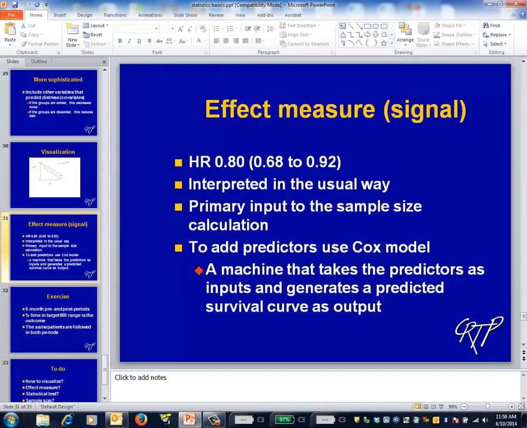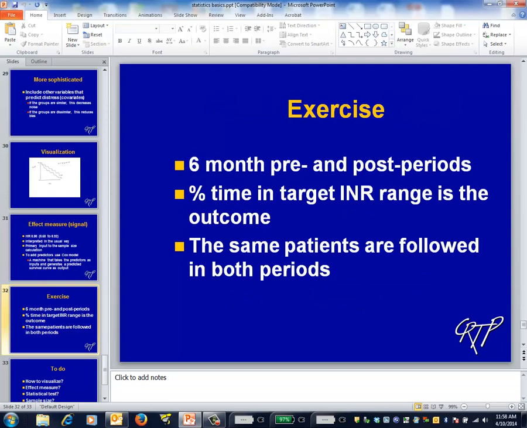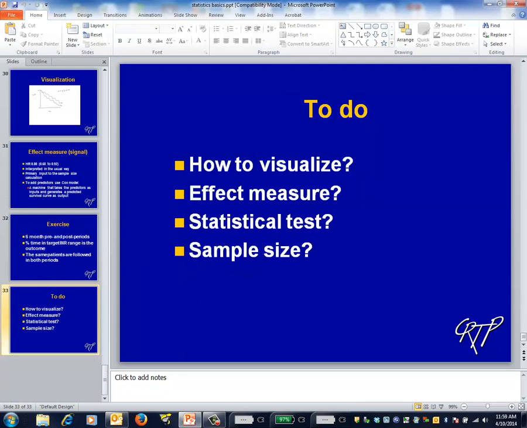Details of the survival modeling are a topic for another day. For now, what I'd like to emphasize is the similarity in the structure of all these analyses. We concluded our section with an exercise. We considered a QI study of short-term anticoagulation management pre- and post-intervention using different hospitalized patients in each group. We discussed how to visualize the data, what effect measure to use, the statistical test to apply, and how the sample size